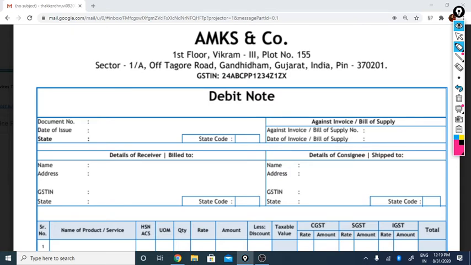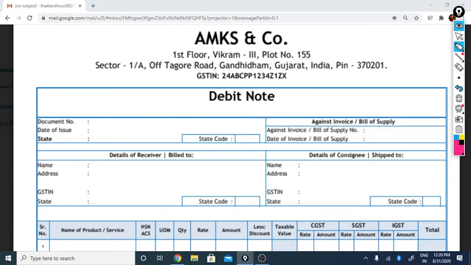Next component is the document number. Now this number should be of maximum 16 characters, should include alphabets or numbers, dash or slash, and it is preferable if you keep the financial year in the prefix or suffix. And this number should be different for each financial year. So please keep that in mind and form your number in such a way. 16 characters is the maximum limit. However, you can have minimum number as well.